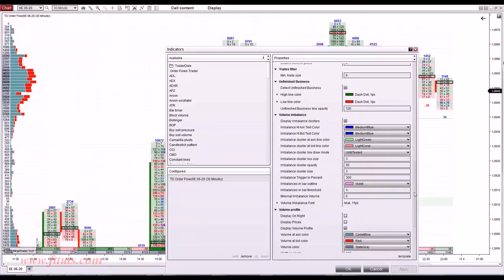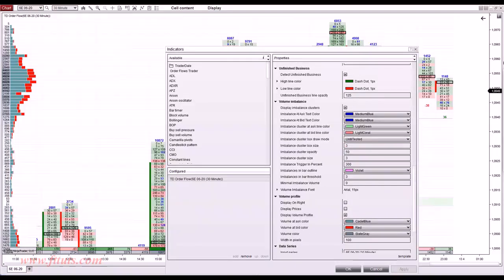Now, another thing you want to be using is the volume imbalance. It's a pretty important thing. Those are the blue numbers you can see, for example, here or in here. I talked about the imbalance in a previous video, so you may want to check it out again if you forgot what it was. There are some important settings in the volume imbalance. It is this imbalance trigger in %,